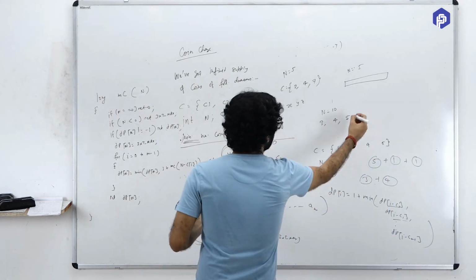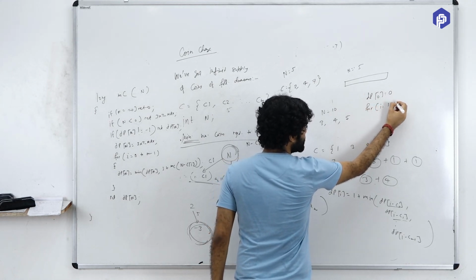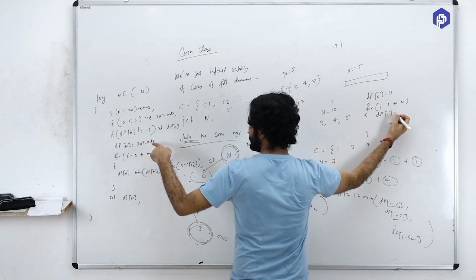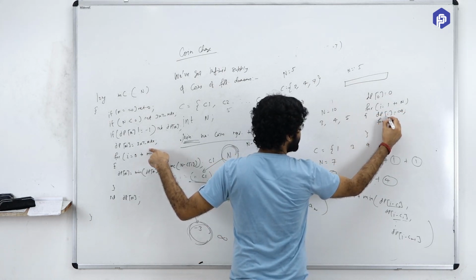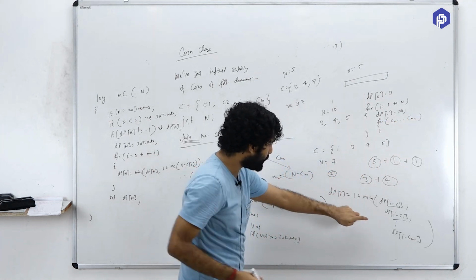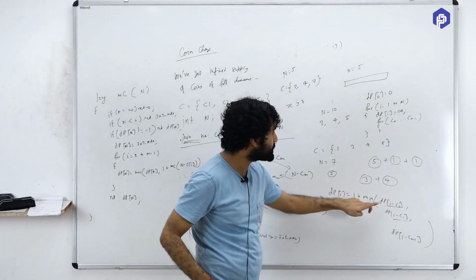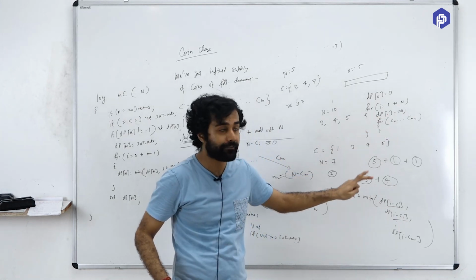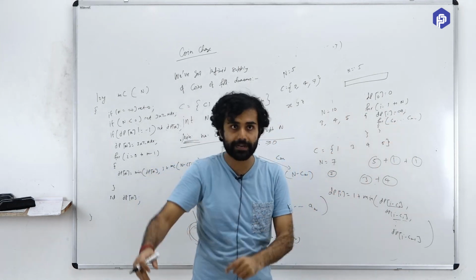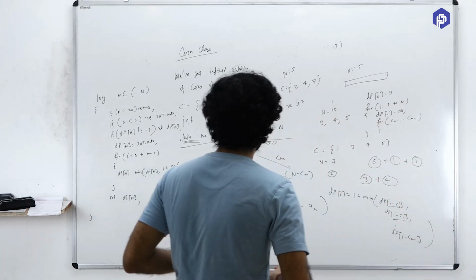So similar to this, you would initialize your dp of 0 to 0, and then you would try solving from 1 to n, and you would initialize your dp of i the way I initialized over here, to infinity, and then you would consider denominations c0 to c(m-1), and then one by one you would check the value of 1 plus dp of i minus this, and if it happens to be smaller than dp of i, you would update dp of i only if it is positive. If it is negative, you should break, because higher denominations will lead to more negative values of i minus ci, i minus cx, right? And finally you will return dp of n. That will be your answer.